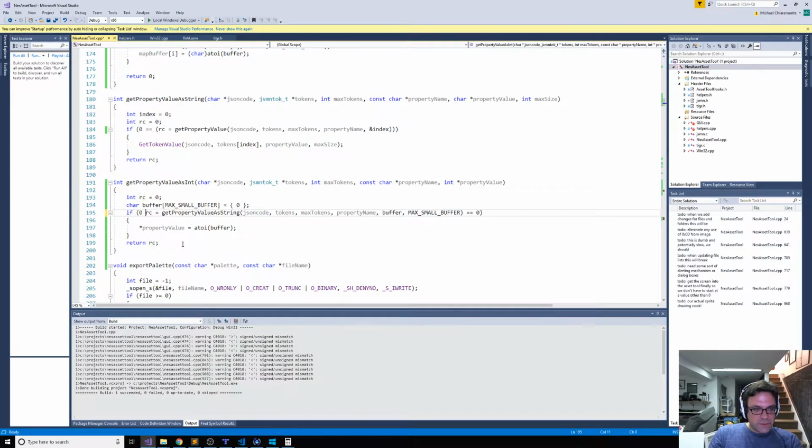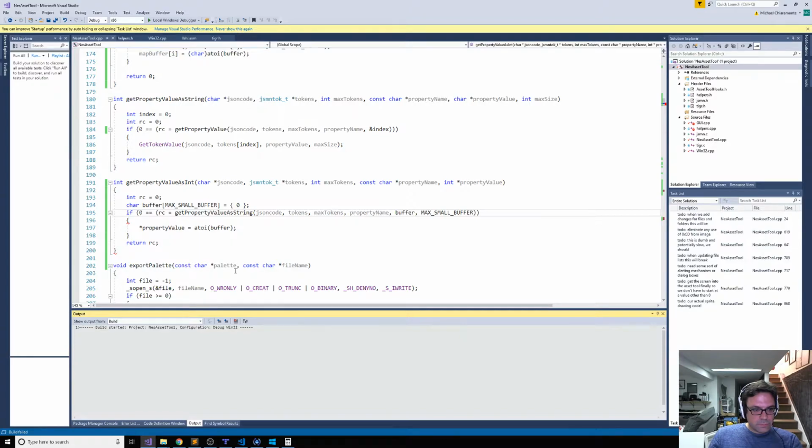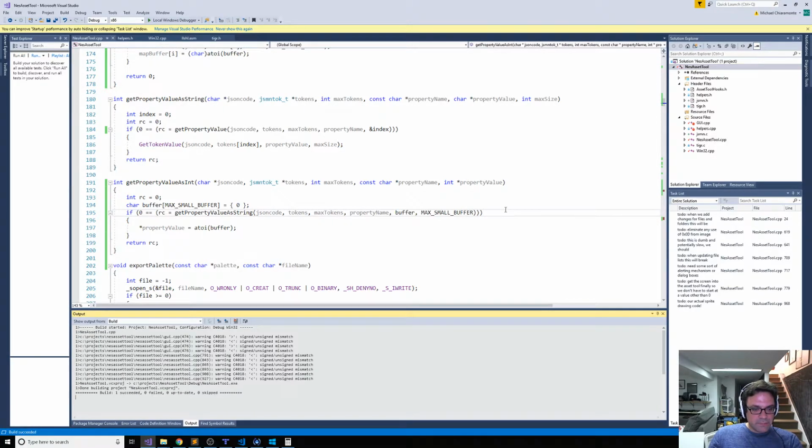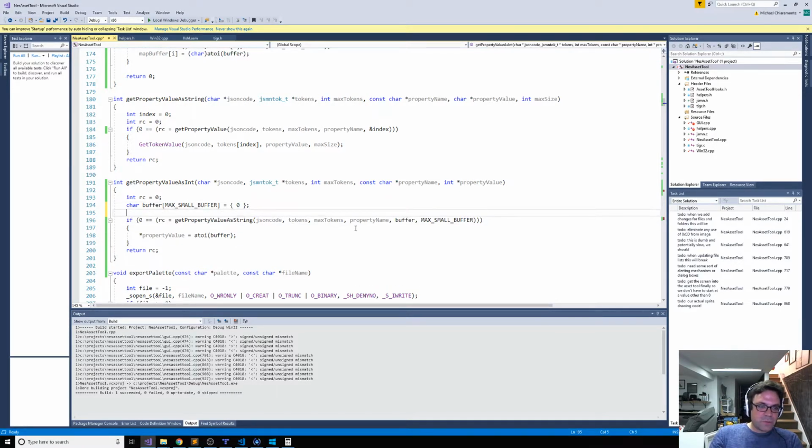Oh. Yeah, see, so this is one of those things where C will screw you up because of that whole evaluating an assignment thing, and that's why it was 1. So what happened was I'd done this wrong, and the problem with this is that it was actually evaluating this. It was saying if this equals 0, which is true, assign it to RC, which is why RC was 1, because any non-zero value is considered true in C, versus 0, which is false,